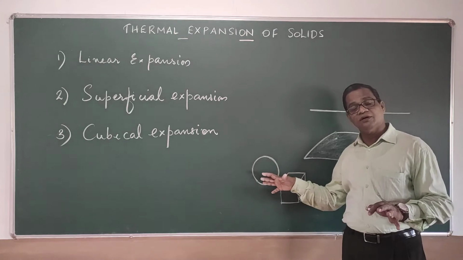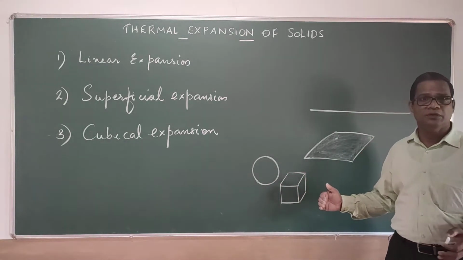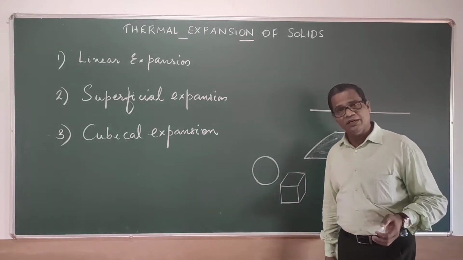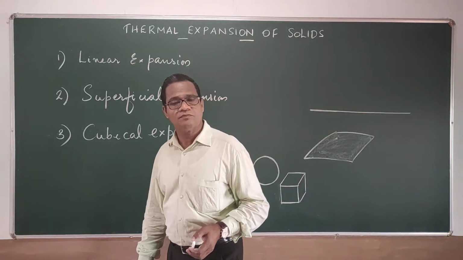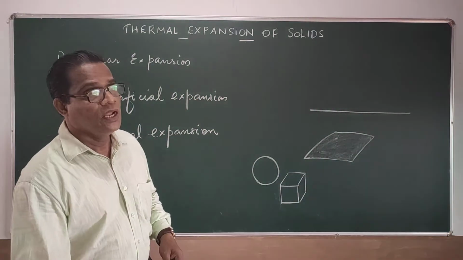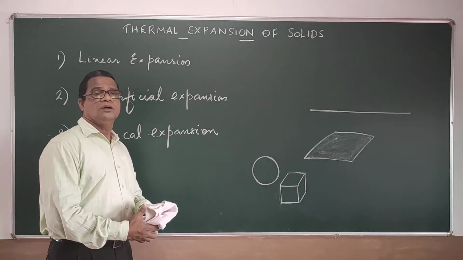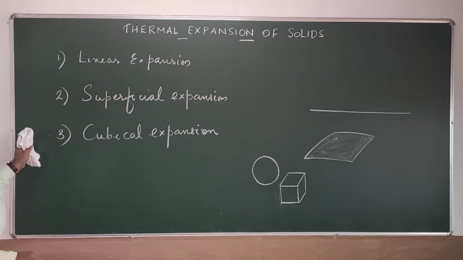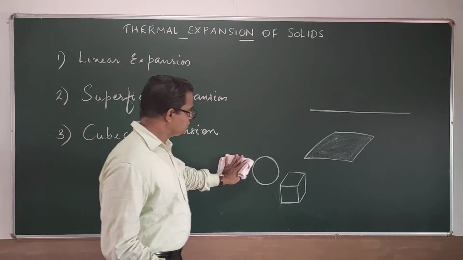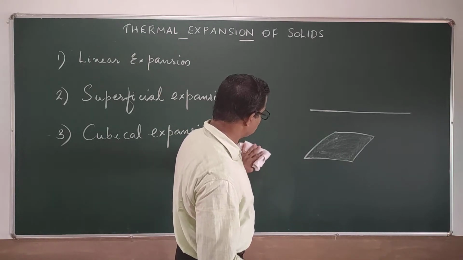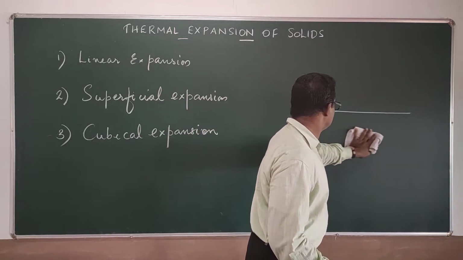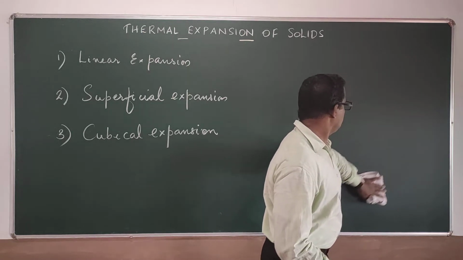And if it is a sphere or a cube, the volume altogether increases. Understood? Okay. Now, to get the mathematical equation for the expansion taking place in each case, we will be